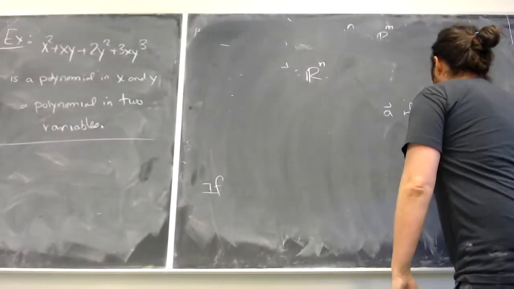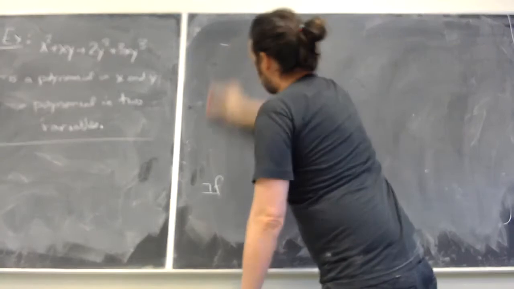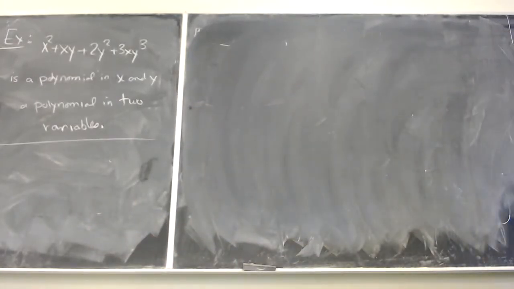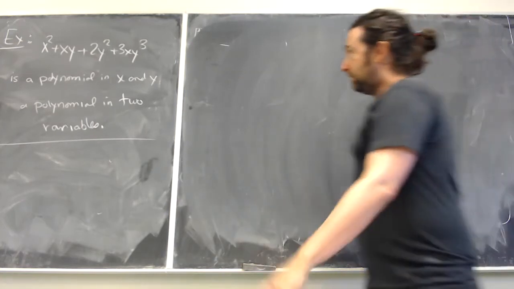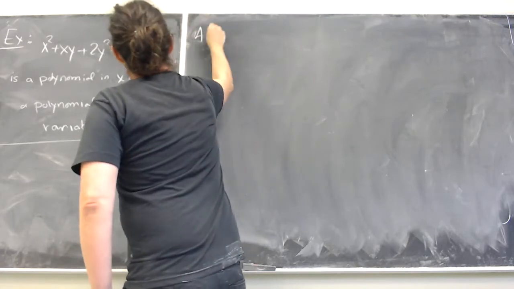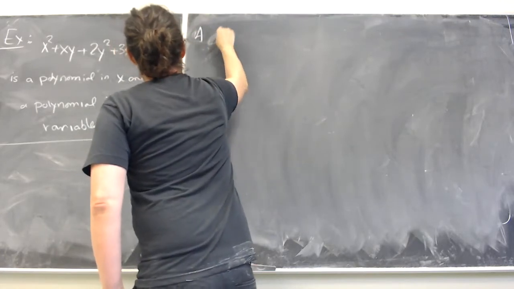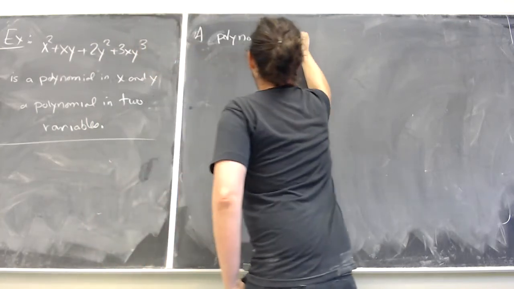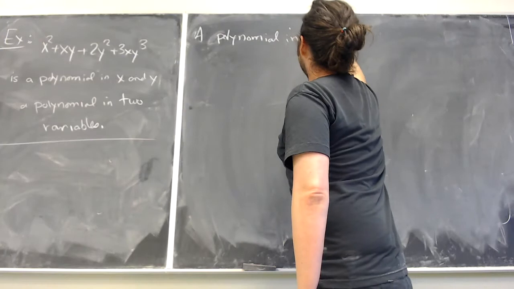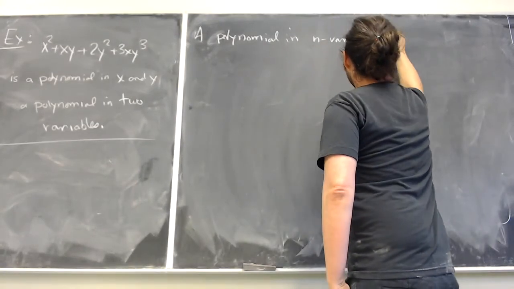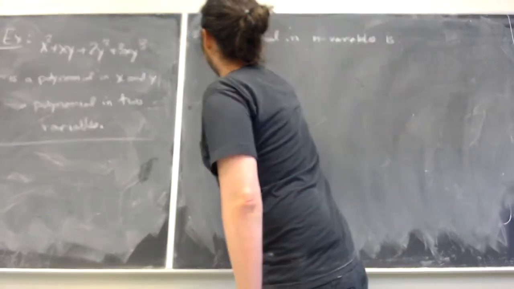So when math professors talk about mathematical maturity, mostly what they're talking about is, do you get used to the idea that I write some sort of insane notation down and you can read it? So here is what a polynomial looks like in this context. A polynomial in n variables is a function of the form